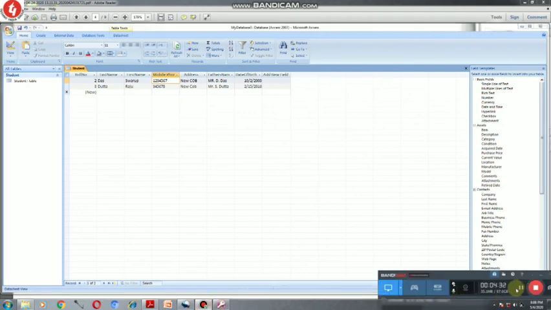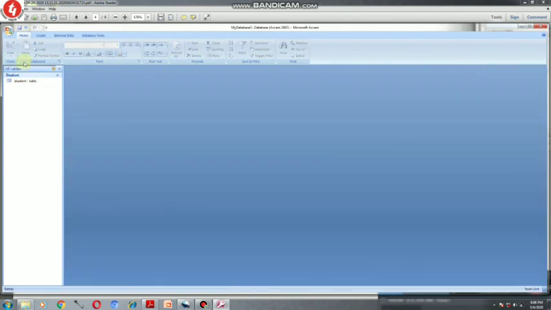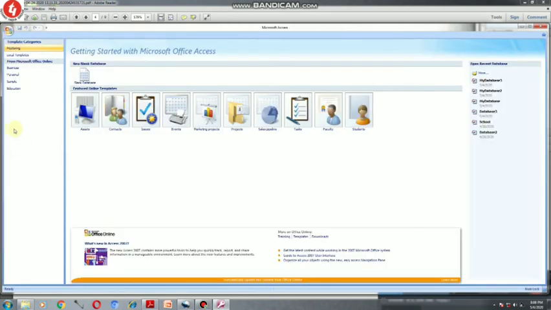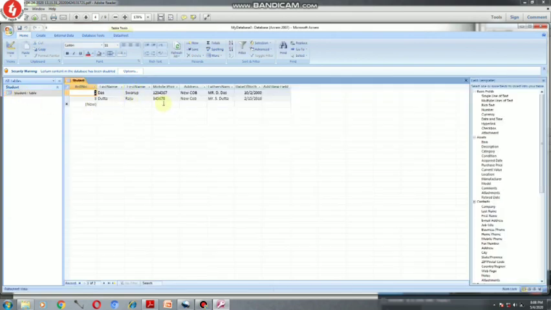Now I will show you how to close the database and how to exit from the database. For this I must close whatever is open in front of me right now. A table is open, so I will close this table. Then I will click on the Office button and then click on close database. The database will get closed. If you want to open the same database again, you have to search for your database from the list. You can click here and open the database. To see the records of student, you have to double click on the student table. You can see the records of the student table.